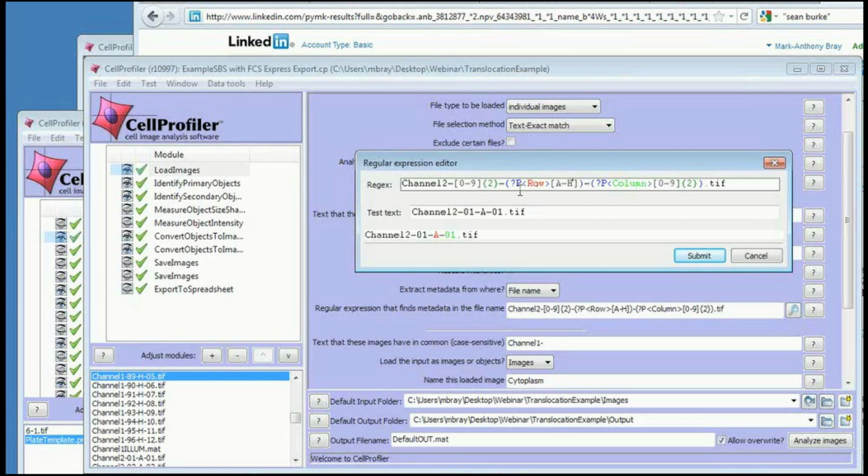So the metadata tag that's shown in red is also color-coded in the text just so you can see at a glance that you're capturing the right thing. After the dash, there's another question mark P with column in the greater than less than signs, so we're capturing another bit of metadata, and we're giving it the name column. And then after that, this next bit of text just indicates look for the digits 0 through 9, any one of those digits, and there are 2 of them, which is why the 2 is in braces, and give that